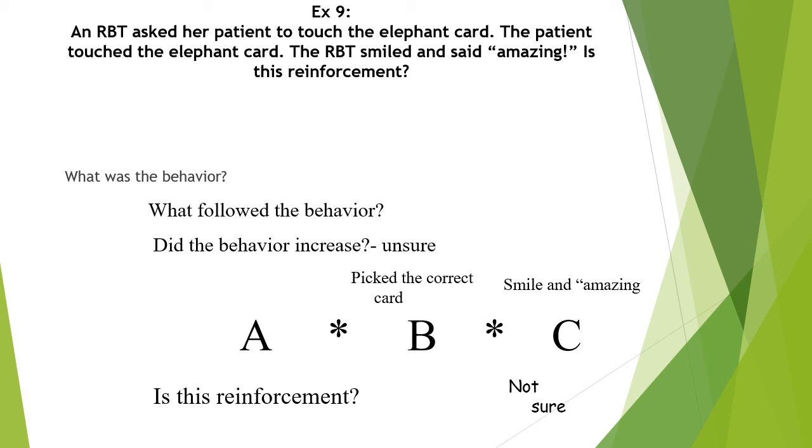These were all examples of reinforcement. On the RBT exam, you will likely have questions that are similar in the sense that they will ask you to identify reinforcers or if reinforcement occurred. Remember, to identify if reinforcement occurred, it has to both come after the behavior and increase the future likelihood of the behavior. If either one of those does not occur, it is not reinforcement.